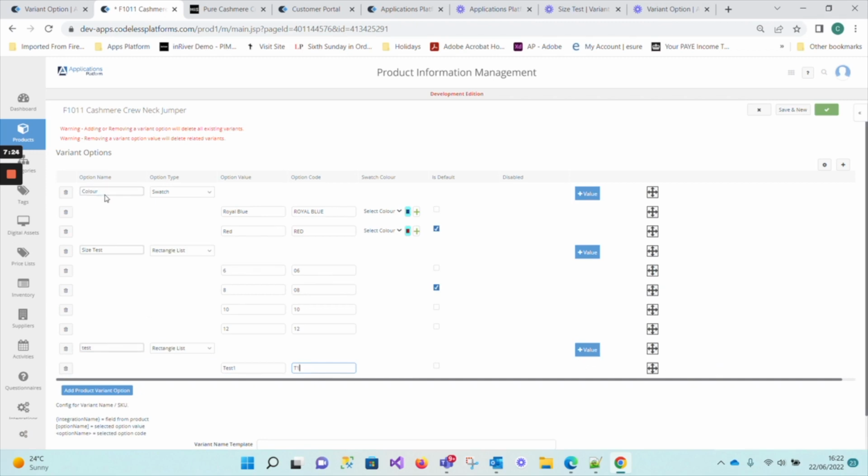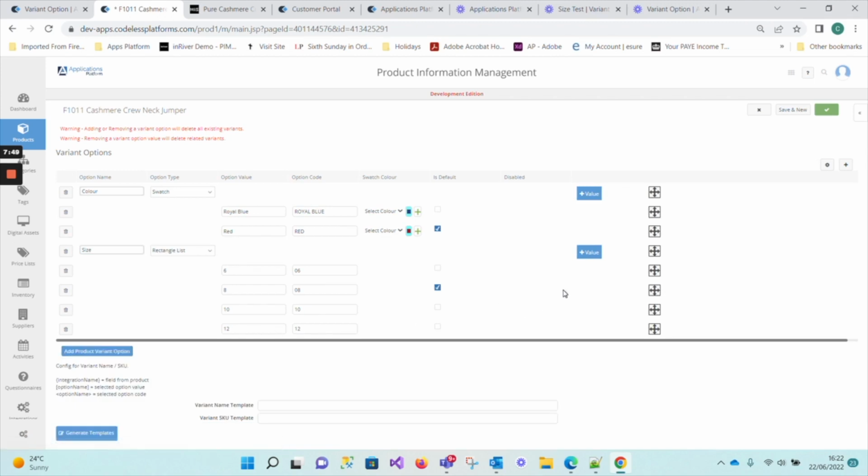So, I'm going to create effectively a set of values or set of variants that are made up of the parent part number, the option name, the size that we're going to use. We've added a further option here to create the part number. In this instance, I'm just going to delete the option out. So having created my